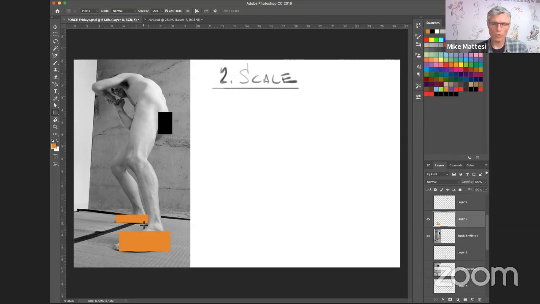Now, another scale thing to be aware of here is the size of your hands to your feet. Hands are typically a little smaller than feet, but not this drastically. Look at the size of Andy's hands compared to his feet, and his head and his face, so much smaller than the size of his feet, especially this close foot. So my point here is purely just having abstract shapes helps you create depth through comparison. Small is further away and big is closer.